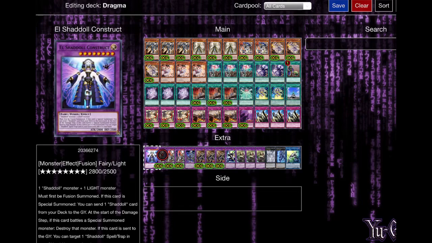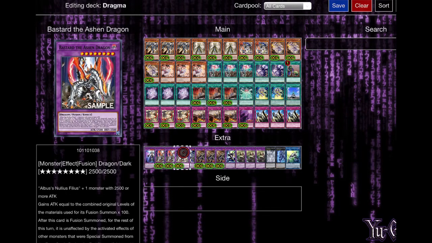You send it to add back the Shaddoll Rook. You play 3 Ashen Dragon. This card is just phenomenal. It lets you special summon or add to hand any Dragon monster during the end phase of the turn that it was sent. Maybe in the future, I might cut down some more cards and play,